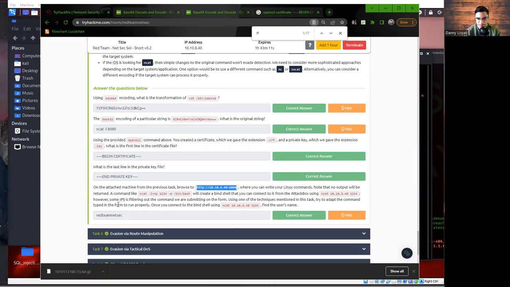However, some IPS is filtering out the commands we are submitting on the form. Using one of the techniques mentioned in the task, try to adapt the command typed in the form to run properly. Once you connect to the bind shell using netcat,